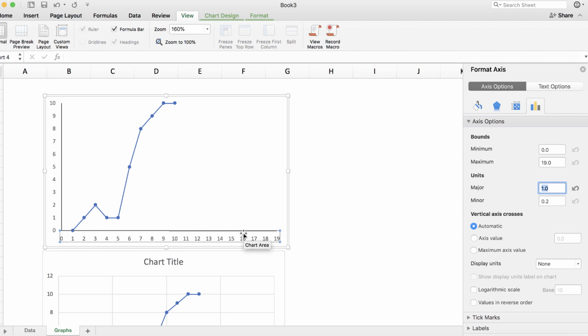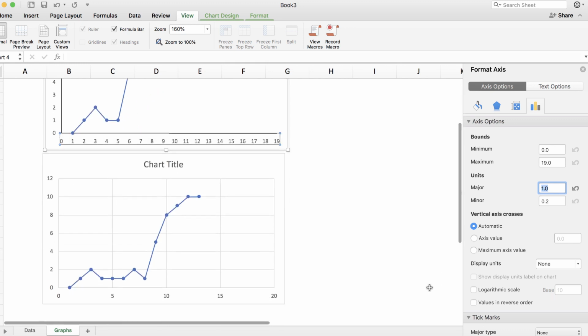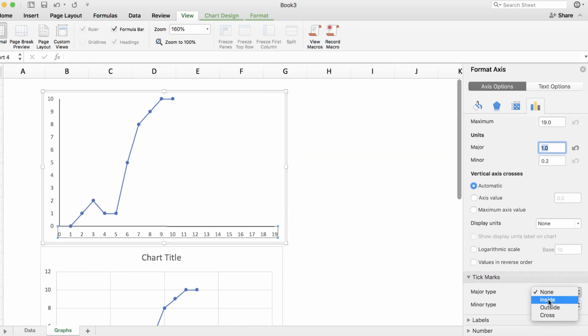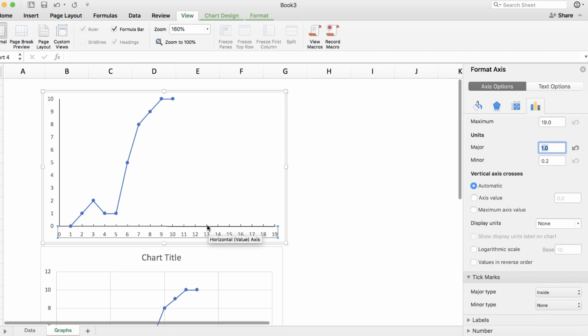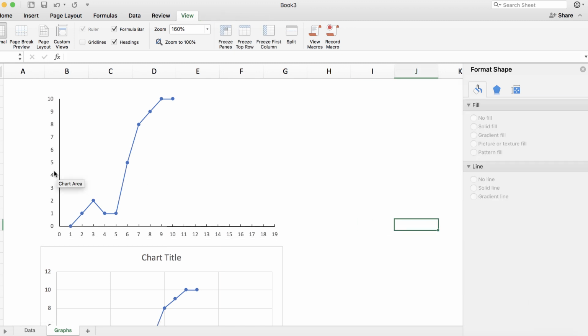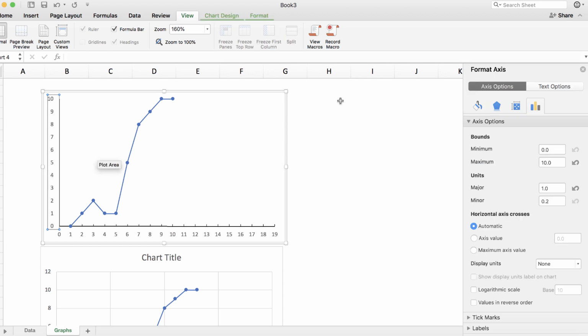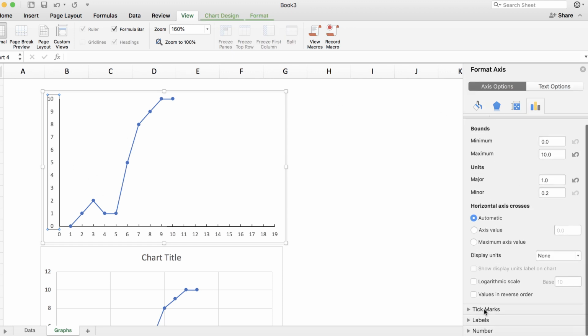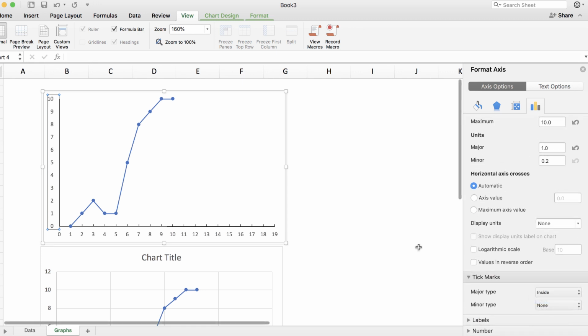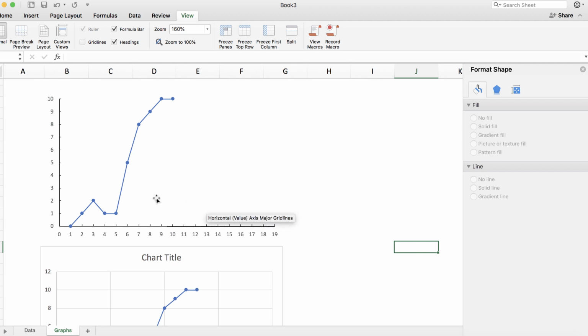The next thing we need to add are tick marks. Okay, so we go down here to tick marks, and we want major tick marks. We want them inside. Okay, so that is inside, that is outside, that is wrong. Okay, we want them inside. So again, click over here, format axis, tick marks, inside. Okay, all right, now there's more we need to fix, but I'm going to repeat this with the next two